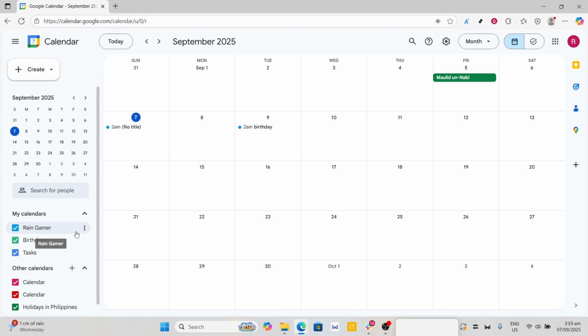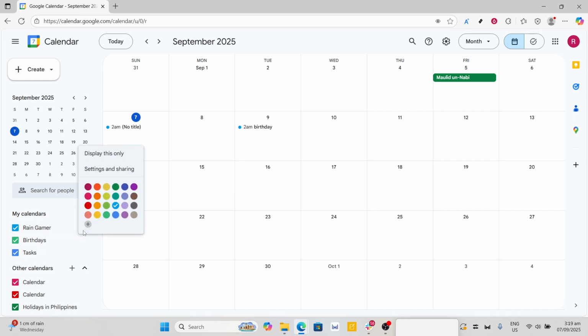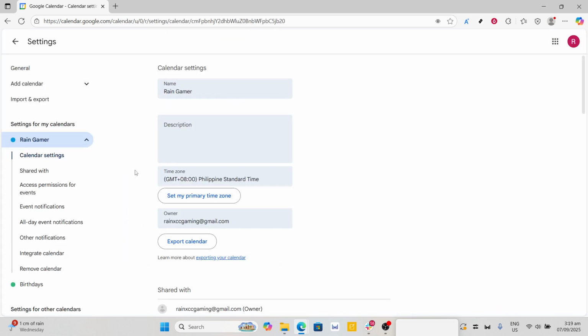Once you've confirmed your choice, click on the options symbol, which looks like 3 vertical dots. Clicking there will open a small drop-down menu. From that menu, go ahead and click on Settings and Sharing. This will guide you to the calendar's settings page where we'll make the necessary changes to prepare your calendar for